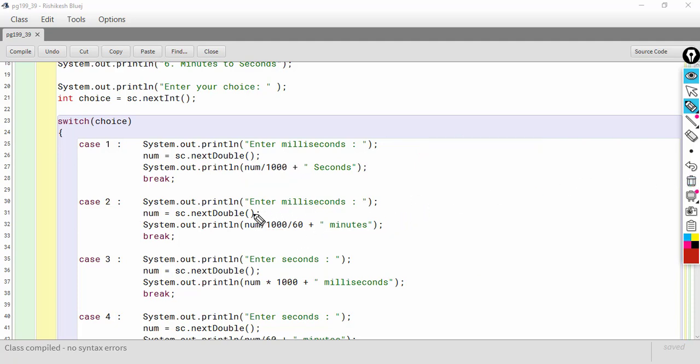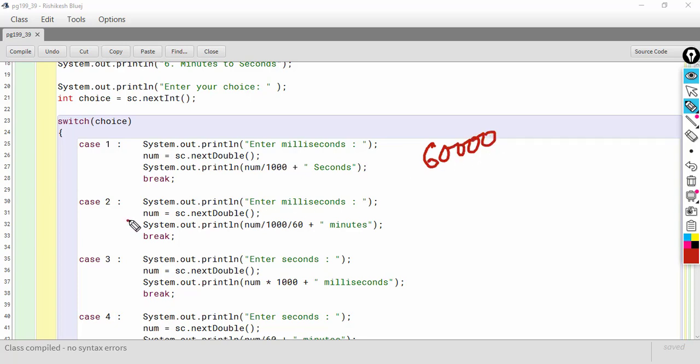So let's say the entered number of milliseconds is 1000. 1000 divided by 1000 will give me 1 second. Now 1 second, if I divide by 60, that will give me the number of minutes. Or we can also understand it like this. Let's take 60,000 milliseconds.